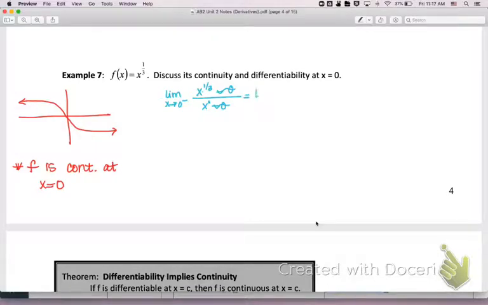the limit as x approaches 0 from the left of 1 over x to the 2/3. Well, that is a number over 0, so that limit does not exist. It doesn't matter what happens from the right because this limit does not exist. So since we don't get a value for that limit and the limit cannot exist, this function is going to be not differentiable